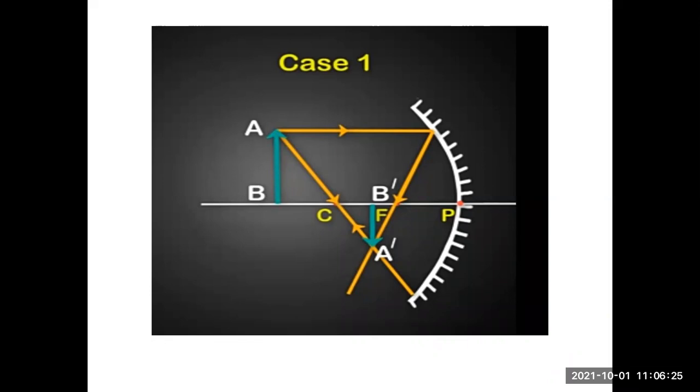Then what about these yellow rays? We are going to apply these 3 rules on these rays, and then we are going to see where exactly the image lies, and study the significance of this image. You can see that the object, headed upwards, denoted by capital letters AB, is placed beyond the center of curvature.